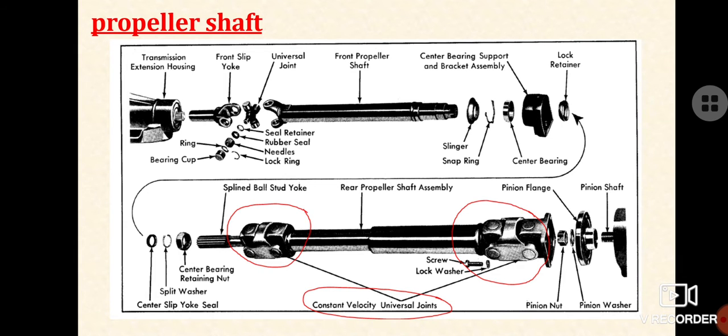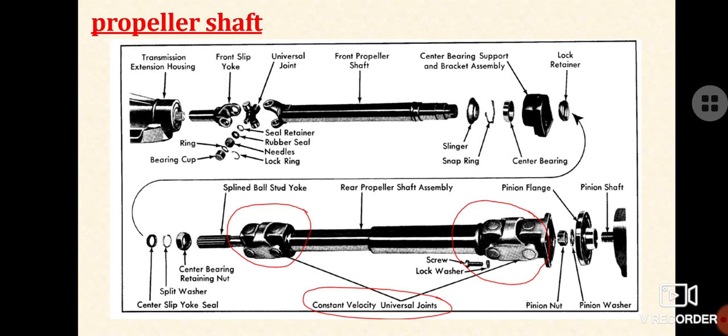The engine of the automobile is somewhat rigidly attached to the frame by springs. As the vehicle moves on the road, there are jerks and bumps due to which the springs expand and contract. This changes the angle of drive between the propeller shaft and the transmission system. The propeller shaft has to withstand some torsional stresses of the transmitting torque, and yet it must be light and well balanced so that vibrations will not occur at high speed. So it is usually made up of a strong steel tube.